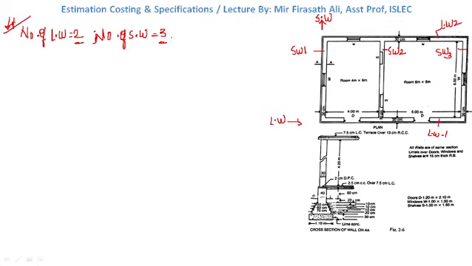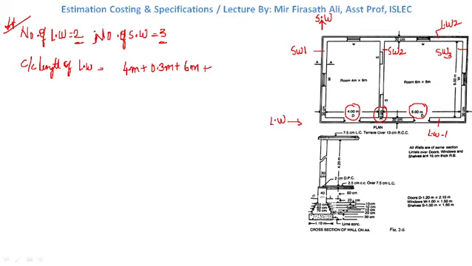Now let us determine the center to center length of long wall. How do we determine the center to center length of long wall? Look over here. This is nothing but our 4 meters, so write down this 4 meters plus this 30 centimeter, which we also count, 0.3 meters, plus this 6 meters, plus center to center length.